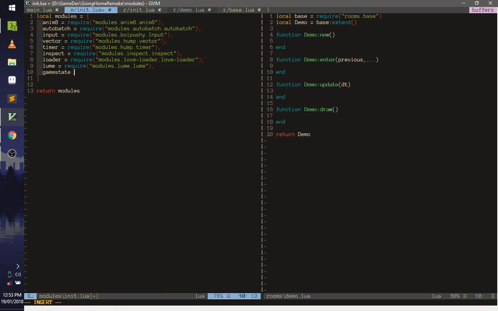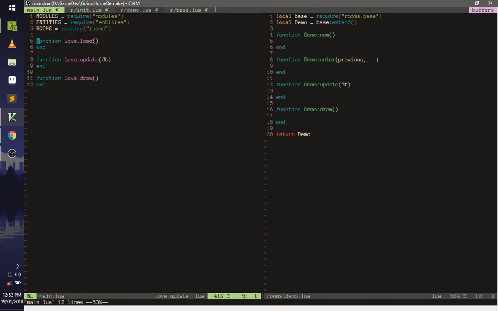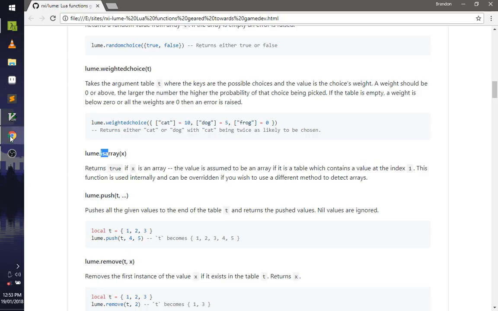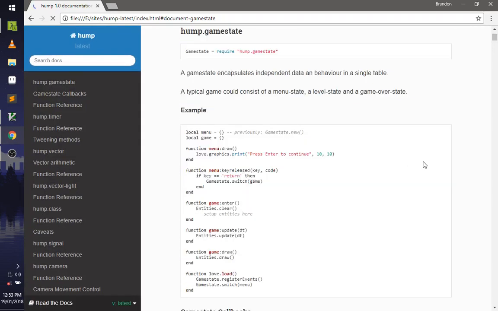Here, so we have game state, and we require modules hump that game state. Is that game state only? Yep, game state only. And then here what we want is modules that game state, and I forgot. Okay, this will be hump. So hump game state,